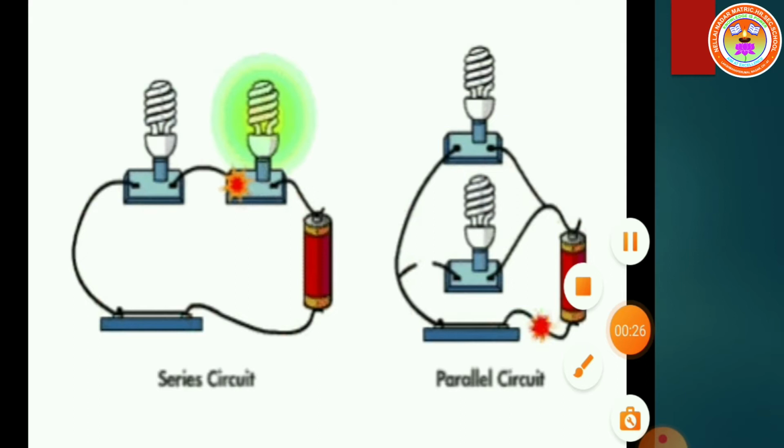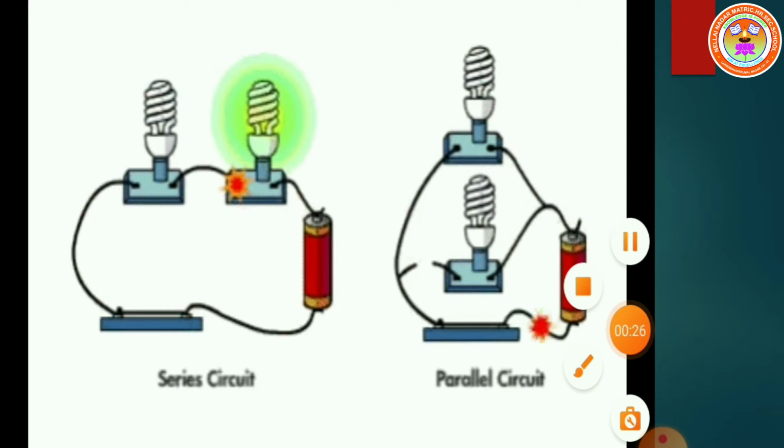In a series circuit, the same amount of current flows through all the components. In a parallel circuit, the current flowing through each component combines to form the total current flow. In a series circuit, voltage is different across different components. In a parallel circuit, the sum of the voltage through each component will be the voltage drawn from the source.